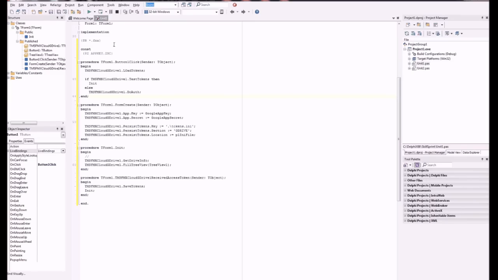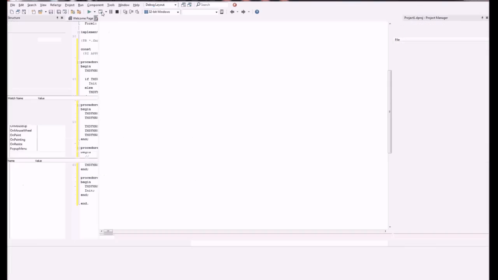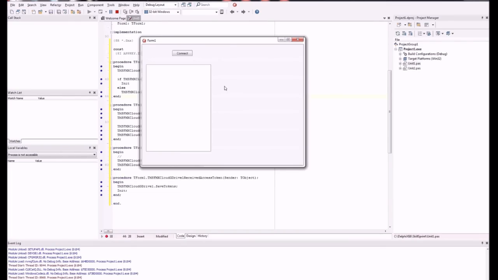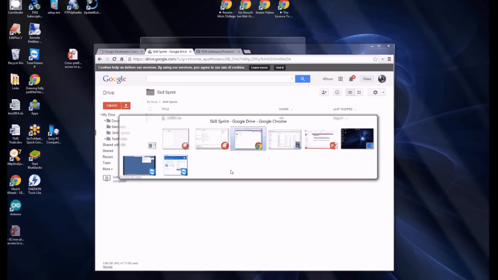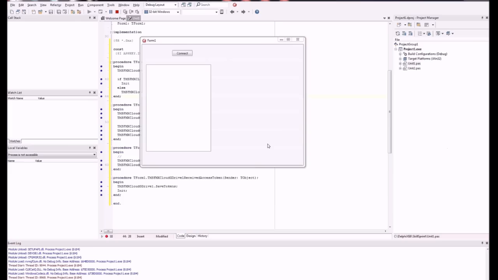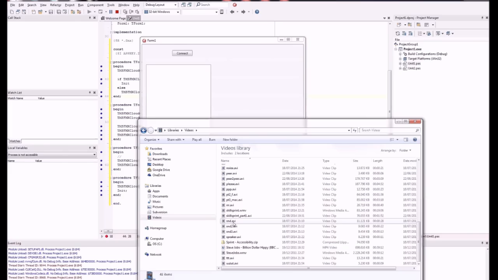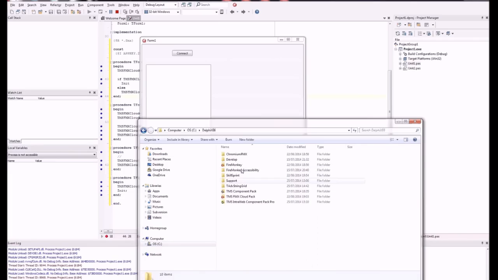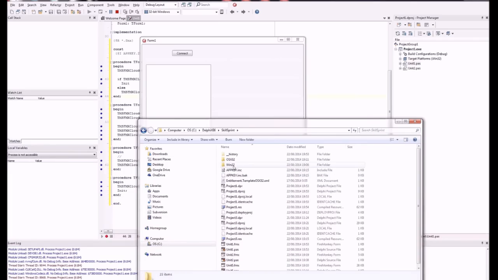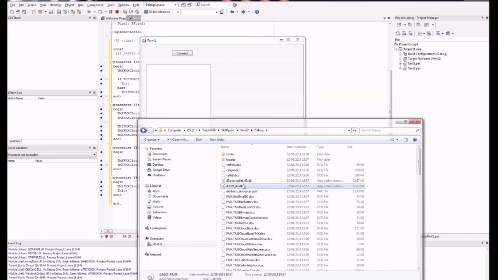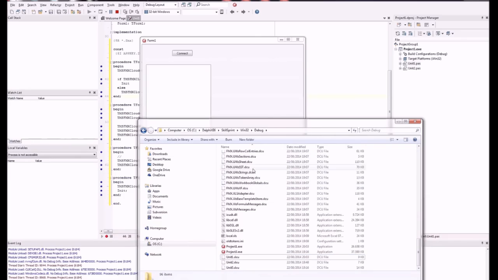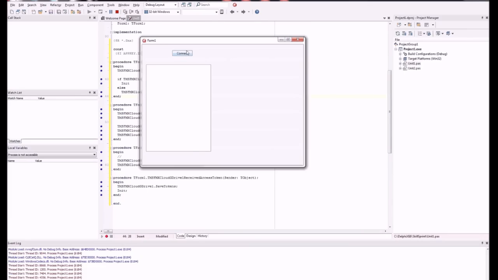It's a good time now to test this application to see if the step so far is working. So let's run this application. I will make sure that there is not a previously saved token, so I delete this previously saved file, so that it will have to do a new authentication and authorization. So when I press connect, there is no previously saved access token, and here I get the screen